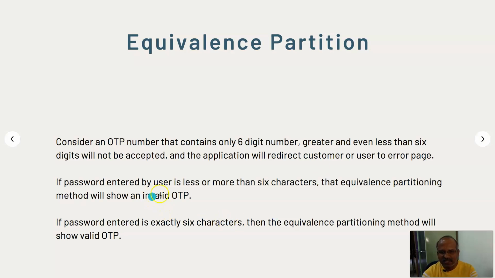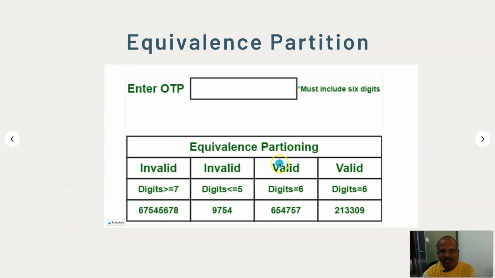So if the password entered by the user is less or more than 6 characters, the equivalence partition method will show an invalid OTP. If it is exactly 6 characters, then the equivalence partitioning method will show a valid OTP. So here there are two invalid and one valid partitions. So let's see how this looks. So here if you see,